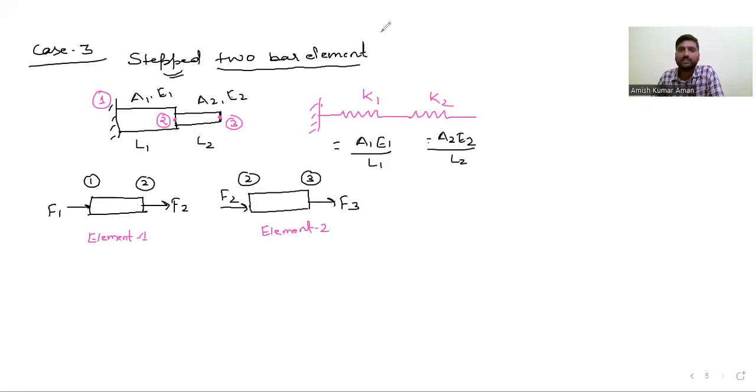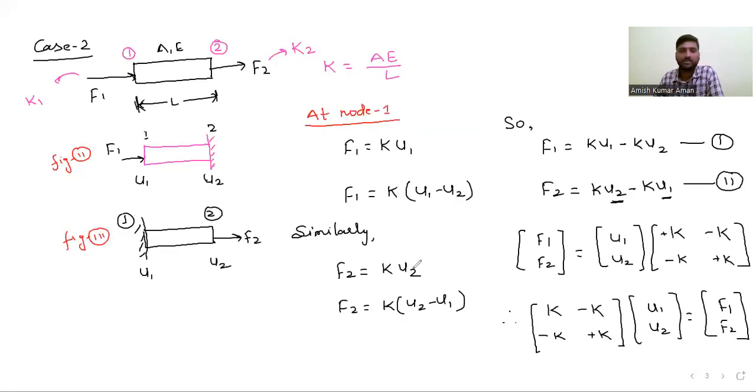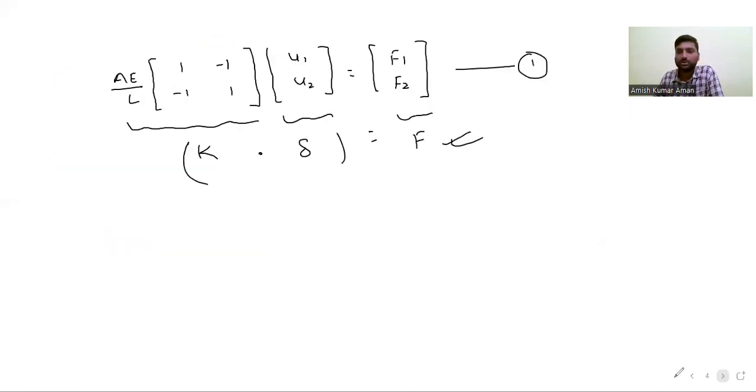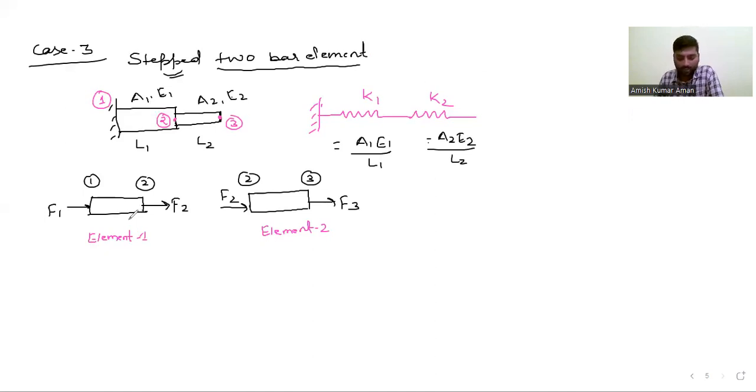So if you are going to see individually, what you are going to get, see, this case we have already discussed in the previous case. We have got the equation also. So I am directly going to use this equation in this case, because F1, F2, AE by L, we got this equation. So the same I am going to use here for element number 1 and for element number 2. So directly I am going to write the equation, that will be F1 will be equal to K1 U1 minus